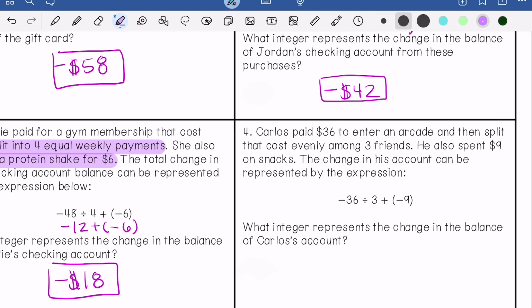Carlos paid $36 to enter an arcade and then split the cost evenly among his 3 friends. He also spent $9 on snacks. The change in his account can be represented by the expression -36 divided by 3 plus -9. What integer represents the change in the balance of Carlos's account? You're going to divide -36 by 3, which is -12, plus -9, so that is